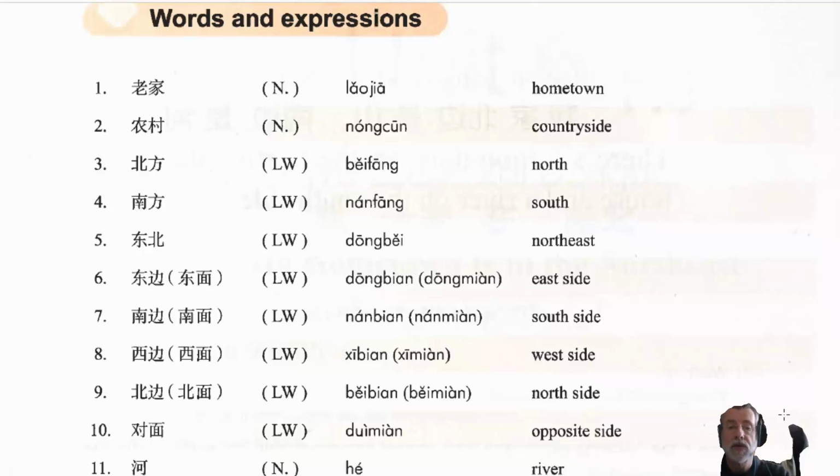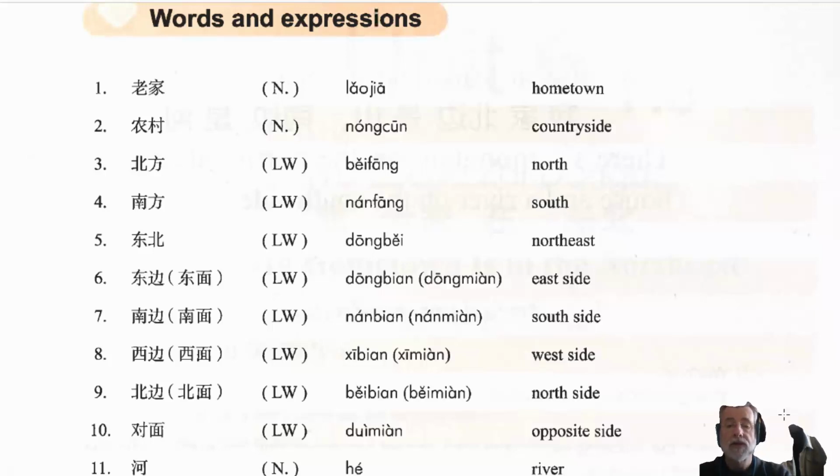This is Contemporary Chinese Revised Edition, Volume 2, Lesson 6, and we're going through words and expressions. So let's start off with hometown. We actually had a word in Lesson 5 which was also for hometown. This is another word with the same meaning, and it is 老家. The word in lesson 5 was 家乡. You'll notice that in both words there is the character 家 for home or family, so both words are used interchangeably.